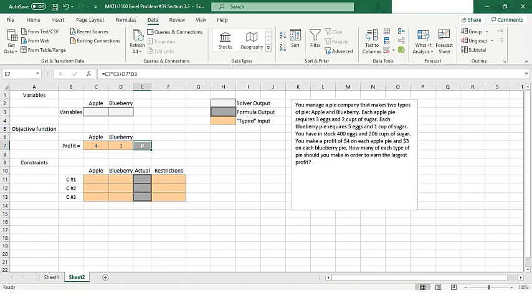Okay, so now we can move on to our constraints. If we read back in the problem, they tell us that each apple pie requires 3 eggs and 2 cups of sugar. So that means we're constrained by both eggs and sugar. Now you may or may not need this third constraint, or possibly even more than 3 constraints. In this case, the only constraints we have are eggs and sugar, so I'm just going to leave this last